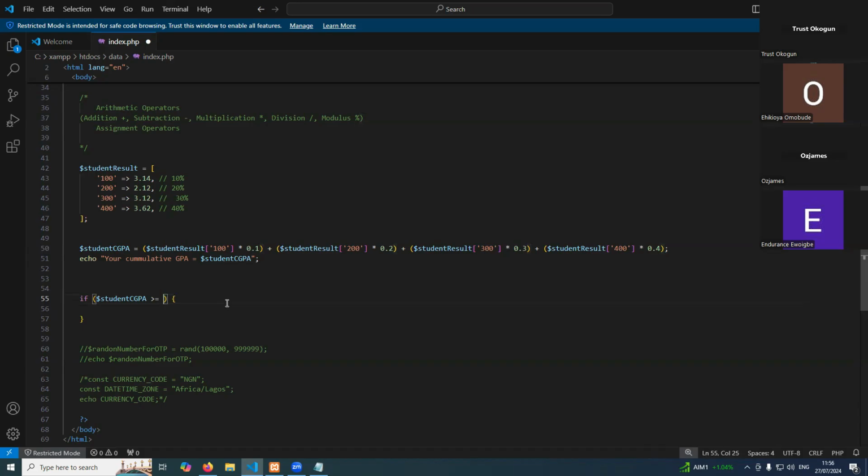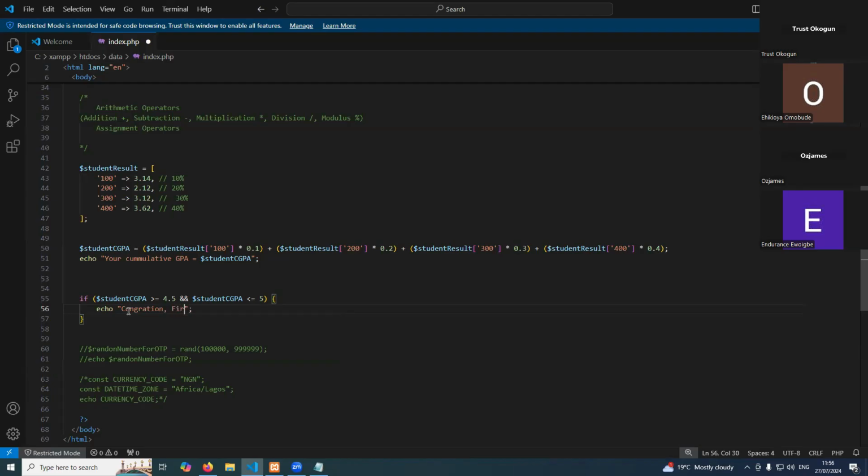I'm just going to convert it into a computer algorithm. So 4.5 and student GPA is less than or equals to 5, then echo, congratulations